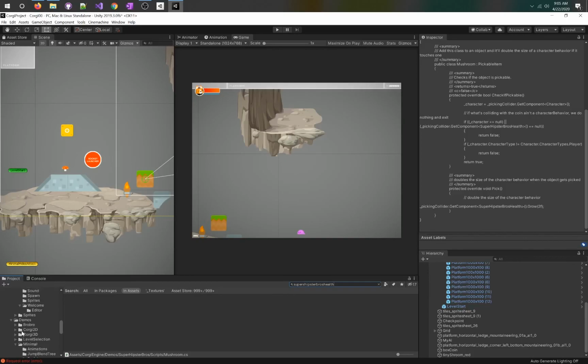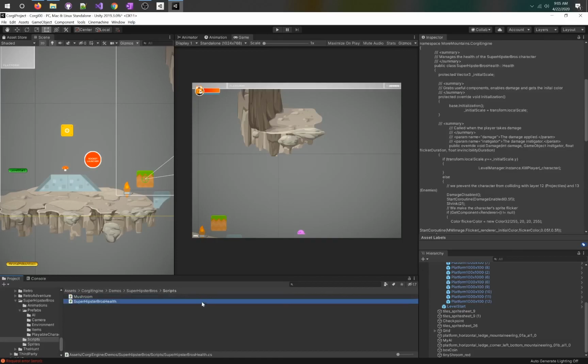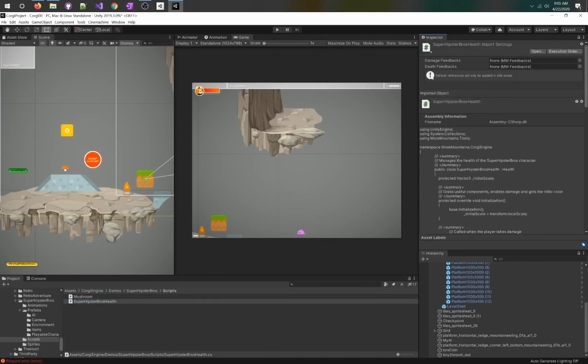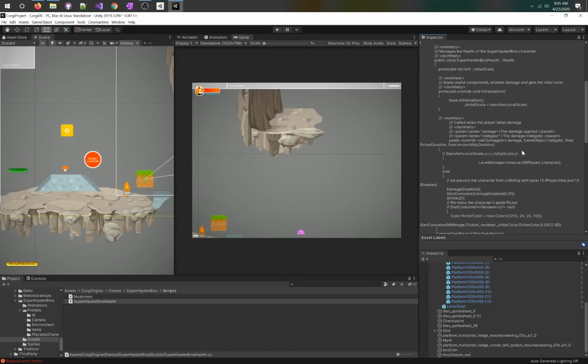We'll go back down. We'll just go to this folder and navigate and go to scripts. So we've got Mushroom, which is one of the only custom scripts here. And then we've got Super Hipster Bros health. And so this is actually the health code that we're going to manage for the Super Hipster Bro character. And we'll see that this one is slightly different because it has a scale size. So if we search for mushroom,